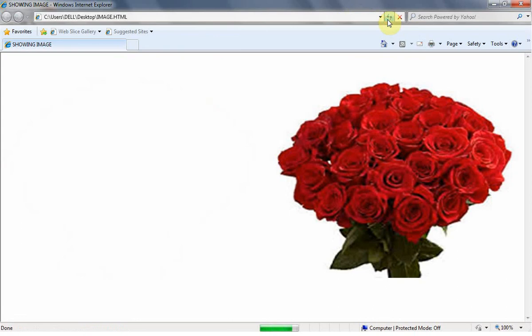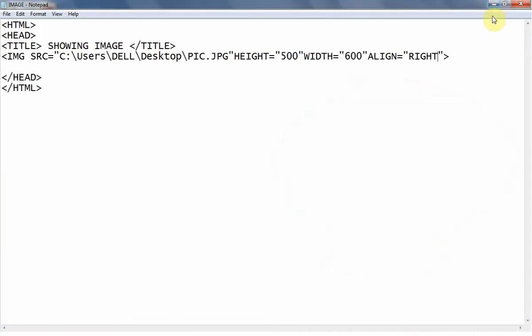Okay, now save this again and go to your Internet Explorer. Click on refresh. When you click on refresh, this image has been shifted to the right side. Now this much is clear to you all.